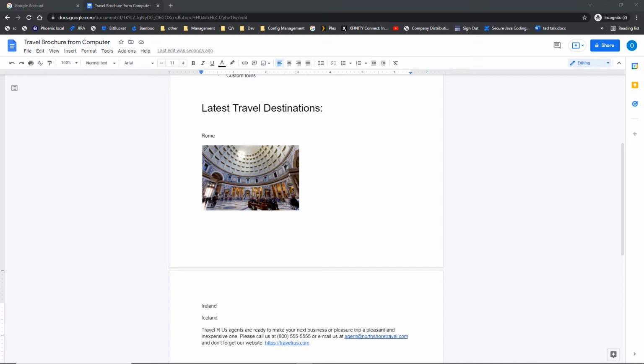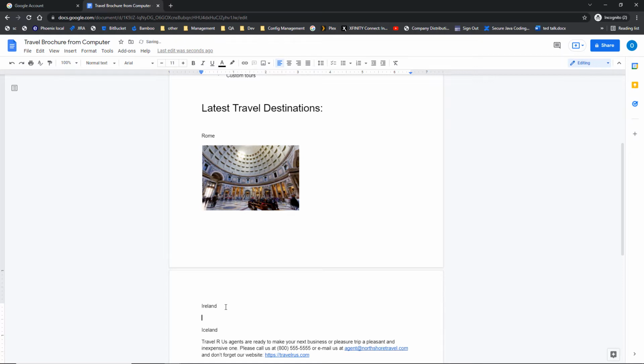Now what we want to do at this point is actually get an image that's stored locally on a network or hard drive of the device that we're using. But again, the steps are very similar. I still need to click where I would like the image to go. In this case, it's an image of Ireland, and I do have an image of Ireland stored locally on the computer that I'm working from. So I'm going to hit enter so that my image will be placed below the word,